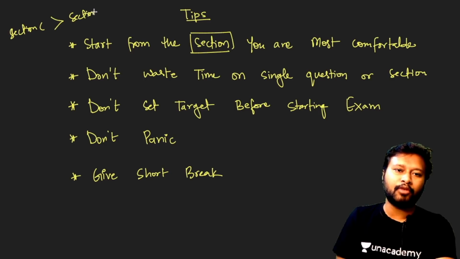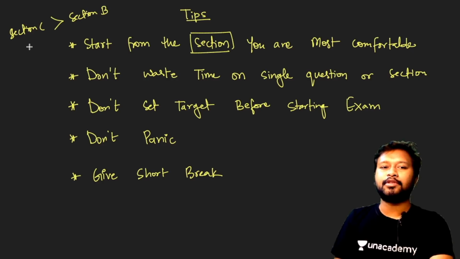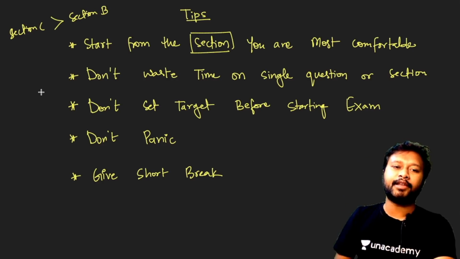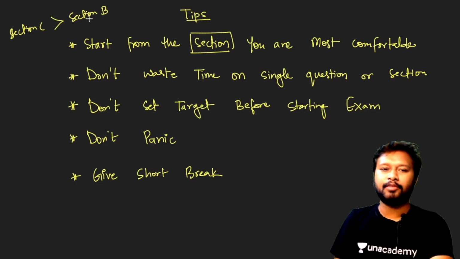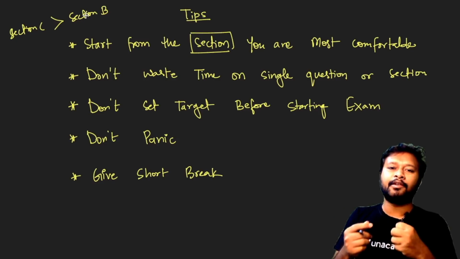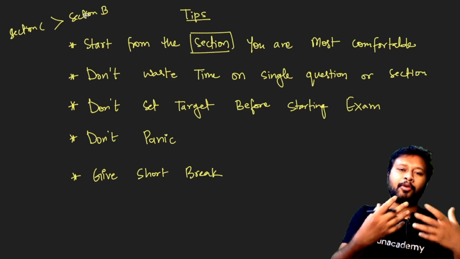Okay, so if you are thinking to start from the chemistry portion and want to do part A at the end, in that case start from section C. First do your section C and then do section B. Okay, divide your time among section A, B and C in such a way that you are giving proper justification